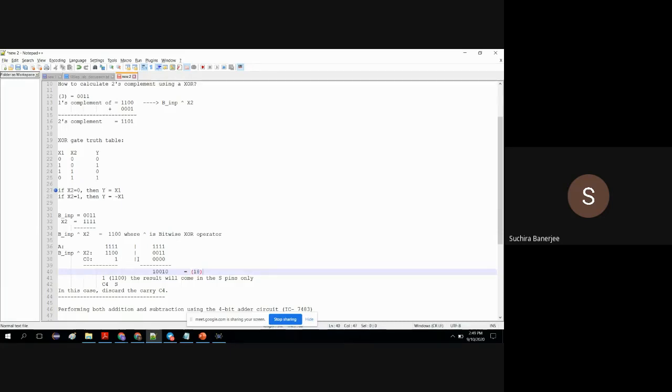15 plus 3 is 18. So it is validated. The output is correct. So this is a simple addition. This is a subtraction. So what is the difference? Here x2, that is the other input of XOR, is set as 0, and E0 is set as 0 as well. Whereas here, x2 was